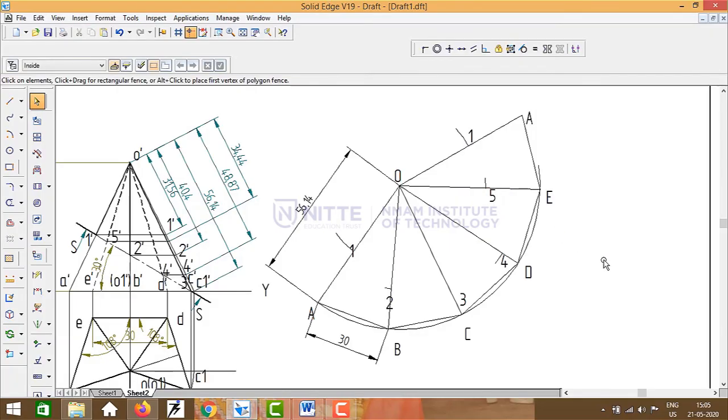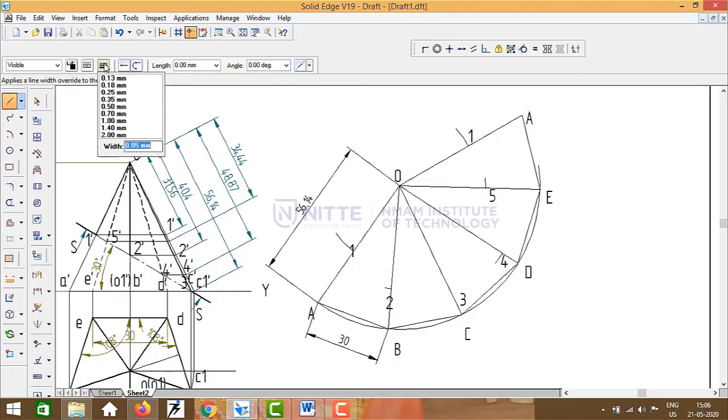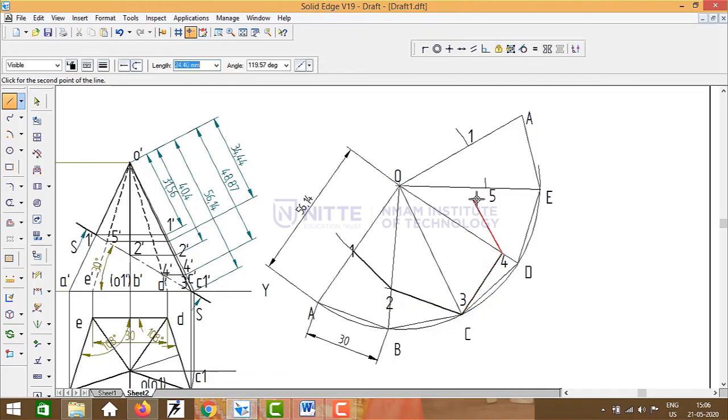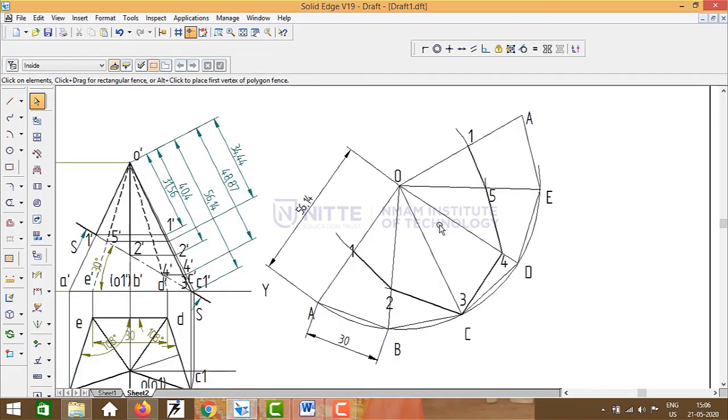So it's the pyramid. So join all these section points 1, 2, 3, 4, 5, 1 with a straight line. So go to the line command, change the line thickness to 0.4, join between 1 to 2. If you have already selected the end point, it is very easy, the arc only up to the end. Okay. And all these are the slant edges of the pyramid. Slant edges of the pyramid must be made thick line, the visible line. So you select these lines and cut at this 1, 2, 3, 4, 5.